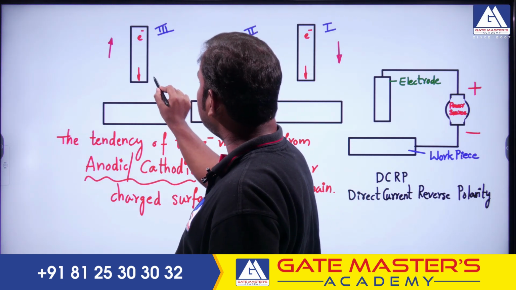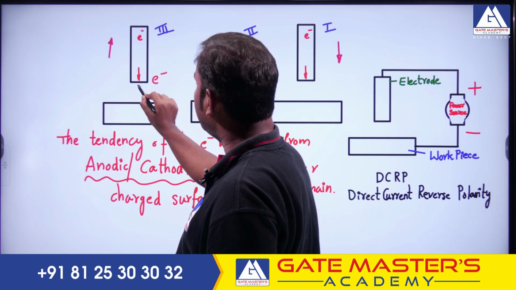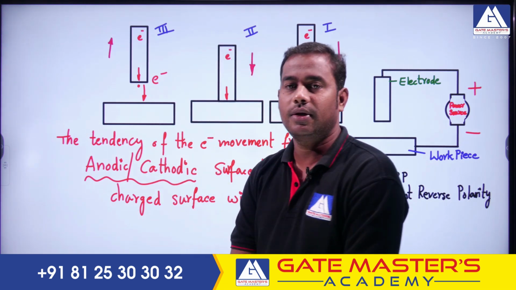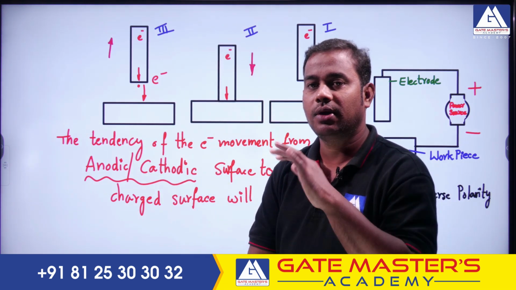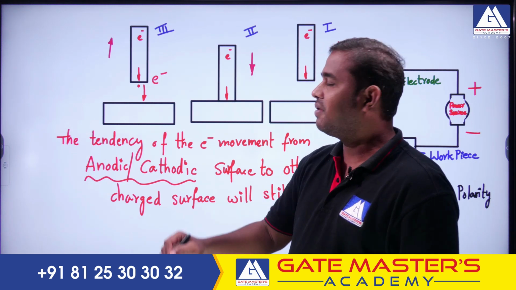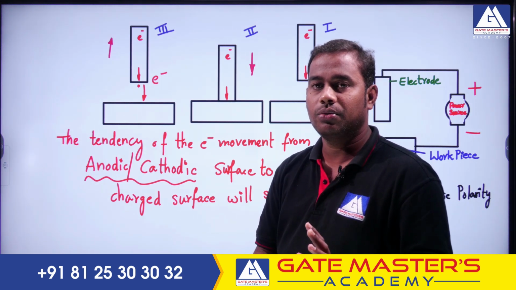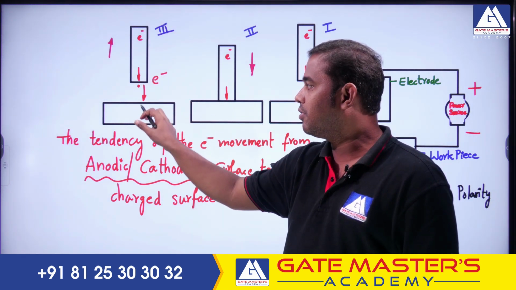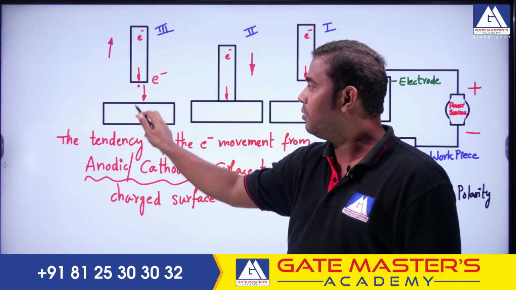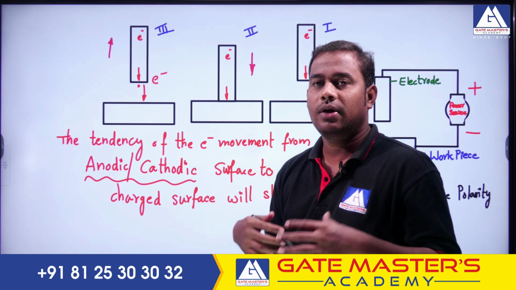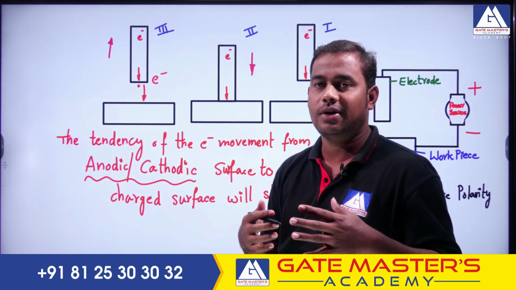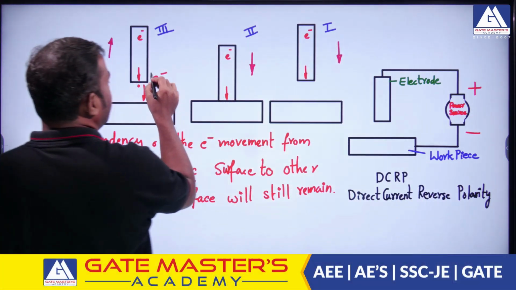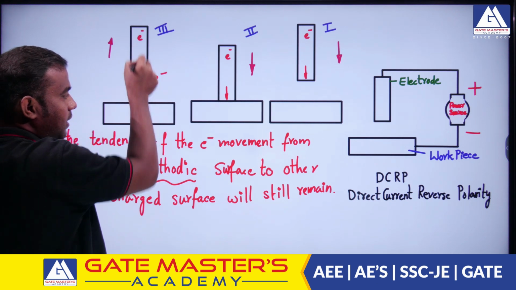Even if you remove it, the tendency of the electron will still be going on. So naturally the electron will come out from this place and then try to impinge on the other charged surface, whether it is a cathodic surface or an anodic surface. Here we are just taking an assumption that the electrons are always coming from an electrode to the workpiece, okay. Now when the electron is coming out from this workpiece, it is in a free state, in open atmosphere, right. So the electron will come here and then impinge